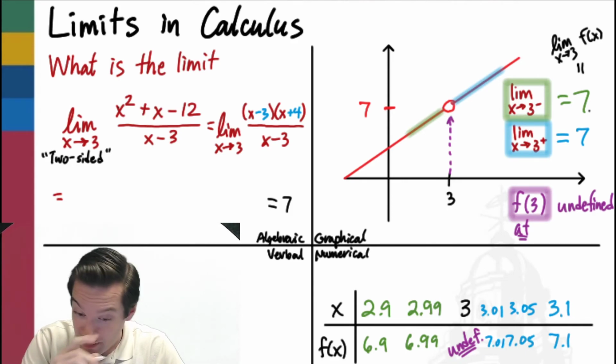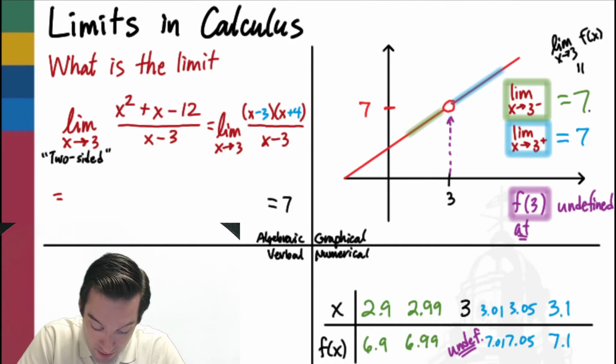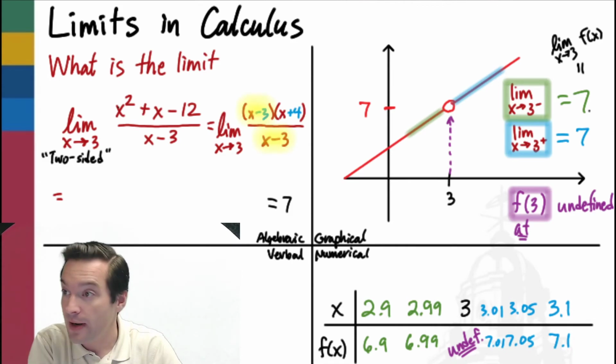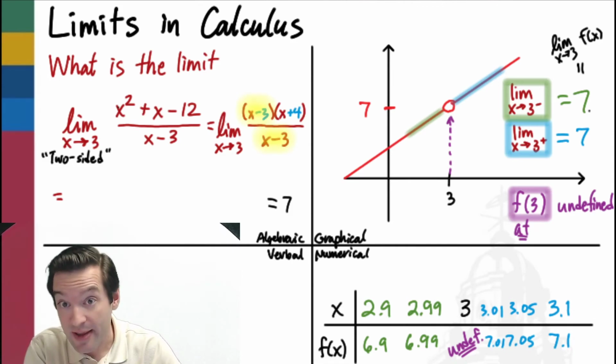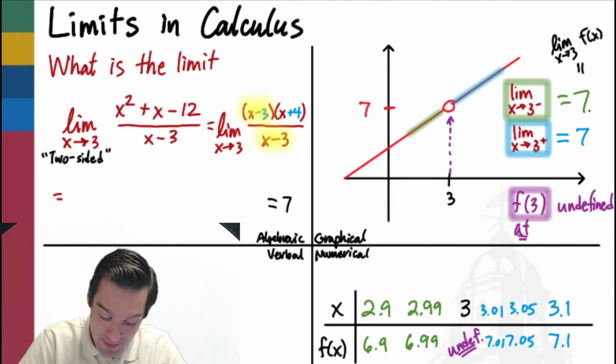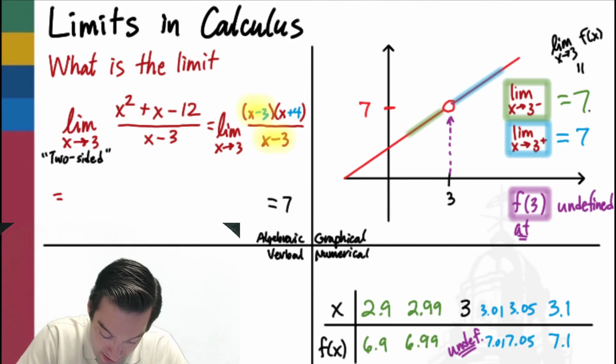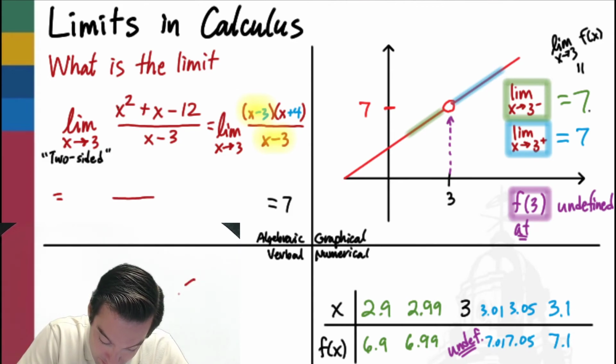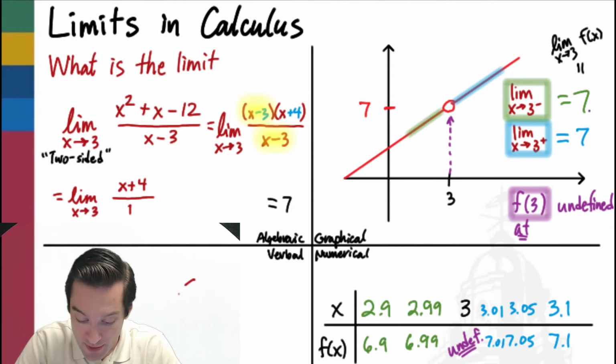But the reason that factoring actually helps us is that now we notice that the numerator and the denominator of this rational expression have a common factor of x minus 3. And because they have a common factor of x minus 3, we can cancel that common factor, leaving only x plus 4 on the top and an empty factor of 1 on the bottom. So that simplification,